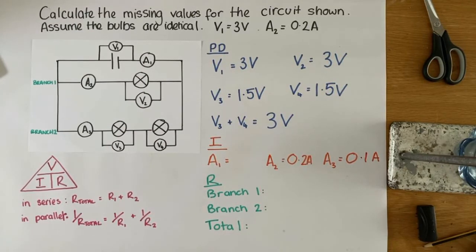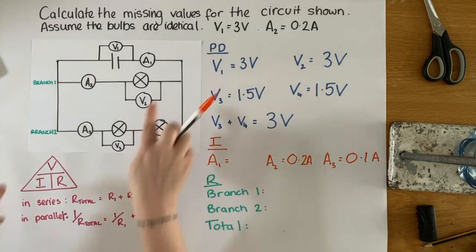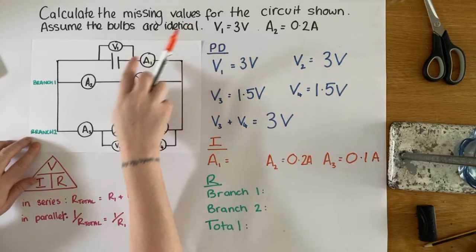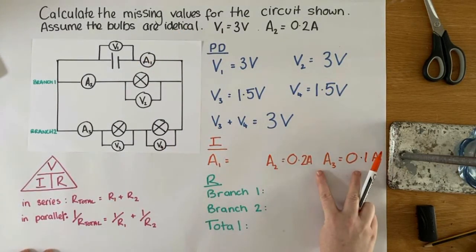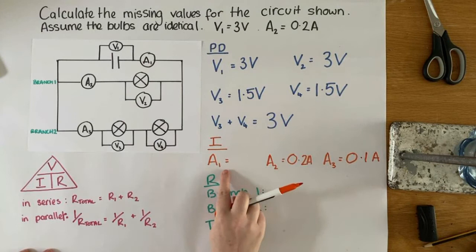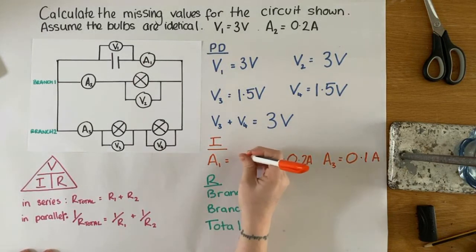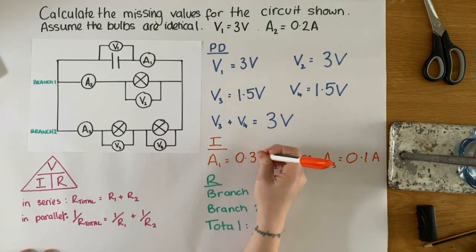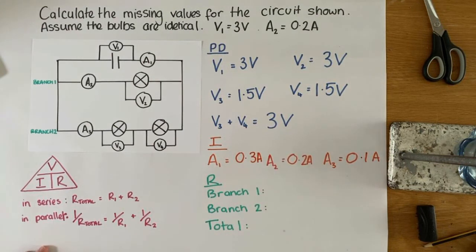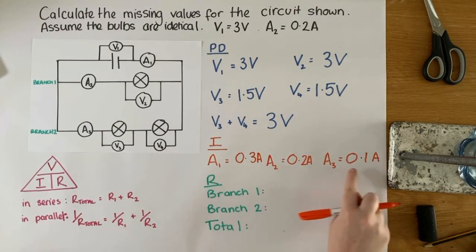We know that in a parallel circuit the current is split between the two branches. So when those two branches recombine, those two parts of the current will be combined. So the current at position number 1 must be 0.3 amps. So again, we've not had to write out a sum to work these things out. We're just applying the rules for how we know current and potential difference and resistance behave within series and parallel